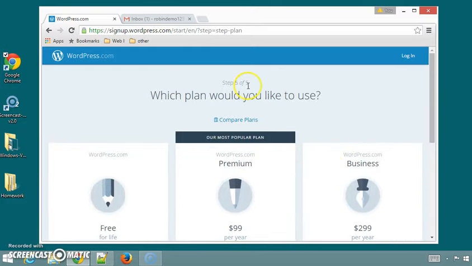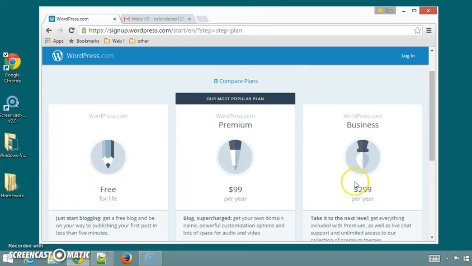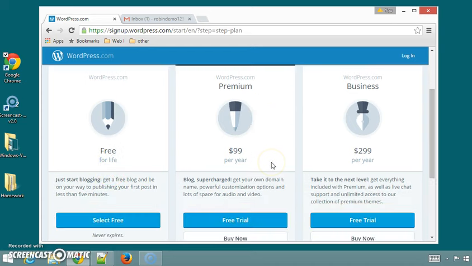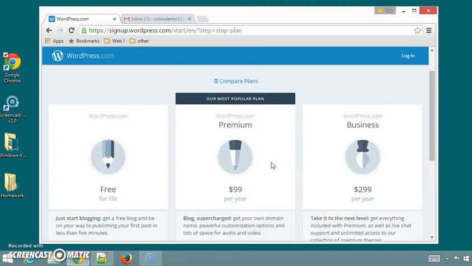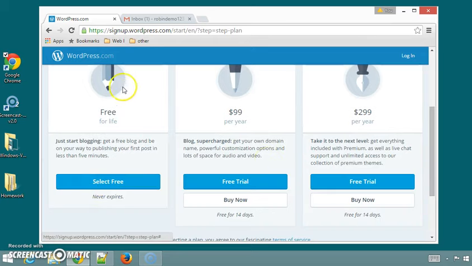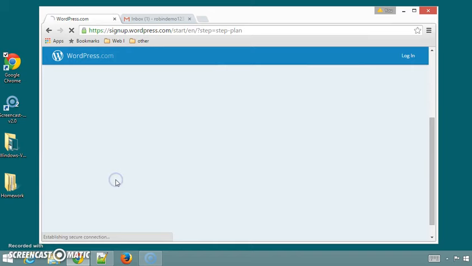Okay. Step 5 of 5 gives you a couple of different packages. We're going to stay with the free initially, but eventually you might think about getting the premium. The premium offers a lot of advantages, which we'll go over in class. So you can scroll down under free, select free,